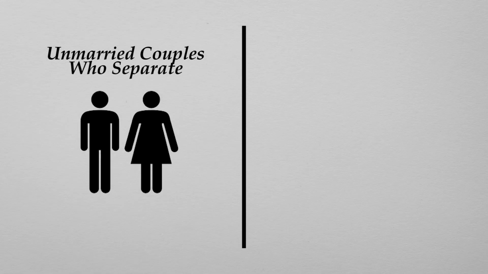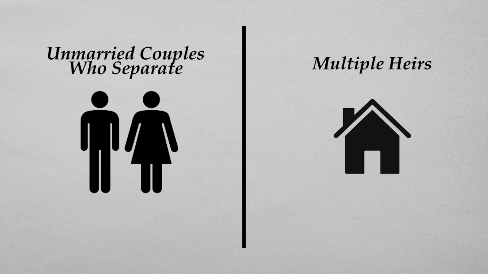In practice, we see real estate partition actions in two separate scenarios. First, unmarried couples who purchase a property and then later separate. That is one of the most common scenarios that we see today. Second, in a probate context where we have a settlor of an estate who passes away and then bequeaths the property to two or more heirs. In either instance, one of the property owners may want to retain the property, and then we may have one or more other property owners who have different goals. These situations can create significant tension between the parties even before a legal process begins.